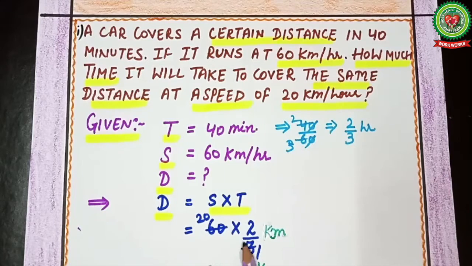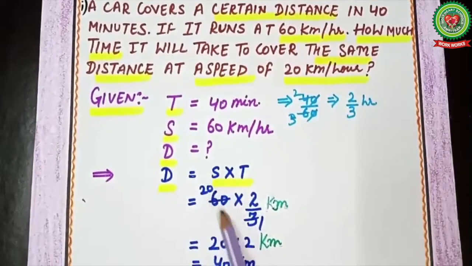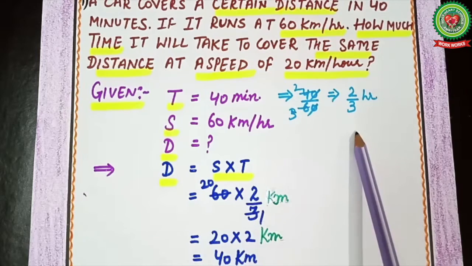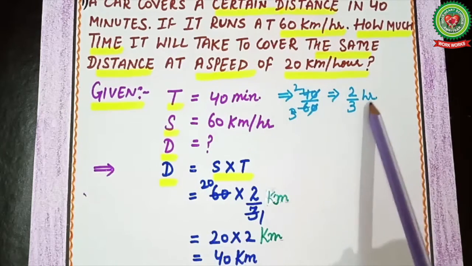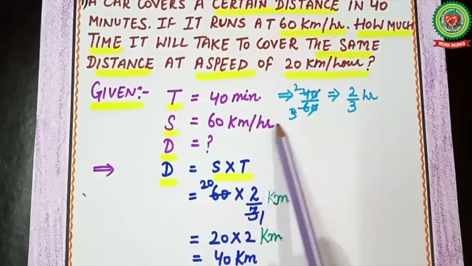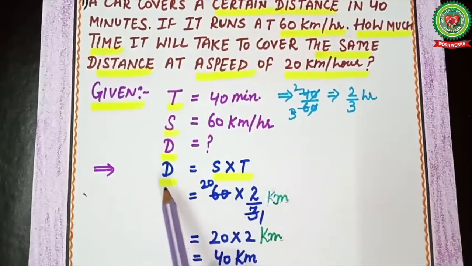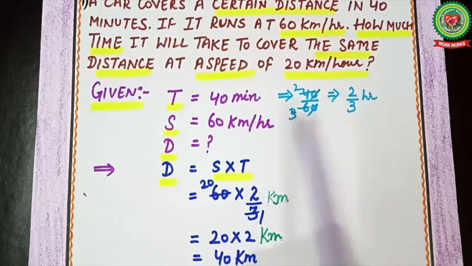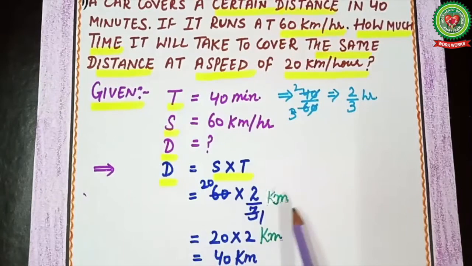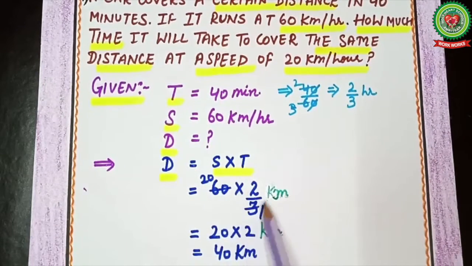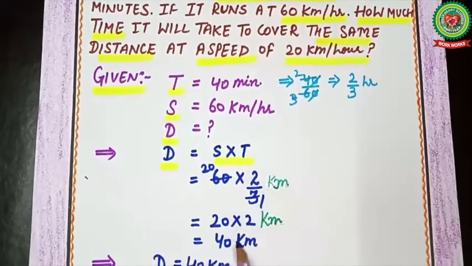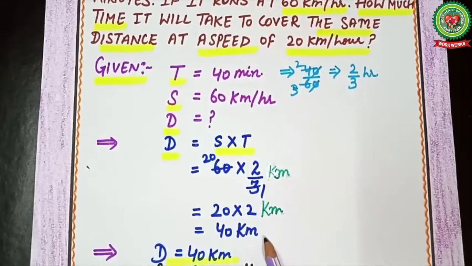Now we can apply a formula here for distance. Distance will be equal to speed multiplied by time. So speed is already given to you as 60 multiplied by time. Time is 2 upon 3 hours. So here you can see the units. Time is in hours and speed is in kilometer per hour, right? So the unit for distance will be kilometer. You will not write here per hour. So the distance will be only in kilometer, right? So 3 1s are 3, 3 20s are 60. So here you can multiply 20 into 2. That will be equal to 40 kilometer, right?